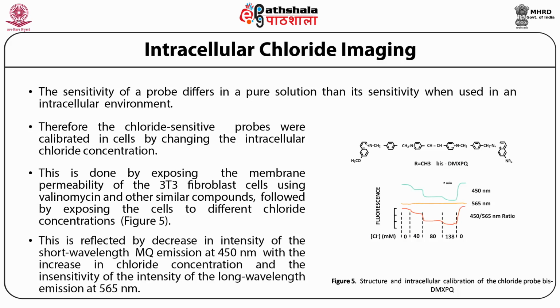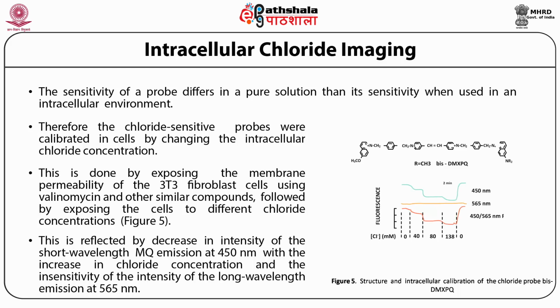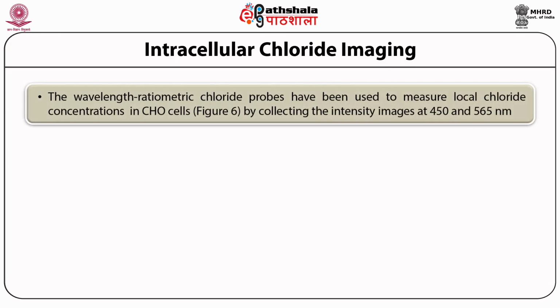This is reflected by a decrease in intensity of the short wavelength MQ emission at 450 with the increase in chloride concentration, as we saw in figure 4, and the intensity of the longer wavelength emission at 565 nanometers remains insensitive or unchanged. The wavelength ratiometric chloride probe has been used to measure local chloride concentration in CHO cells